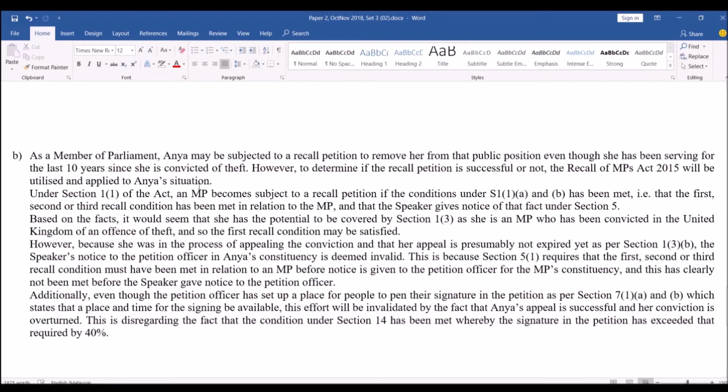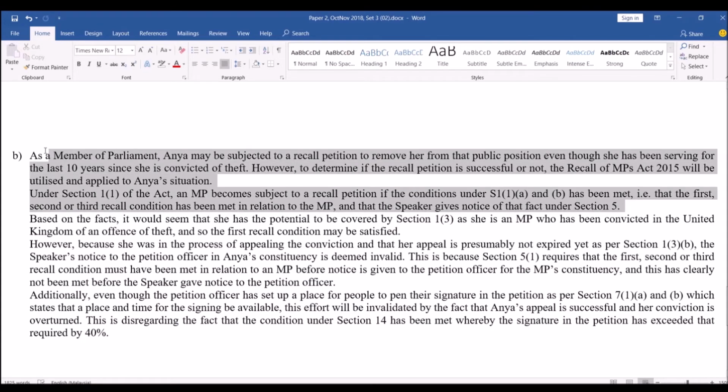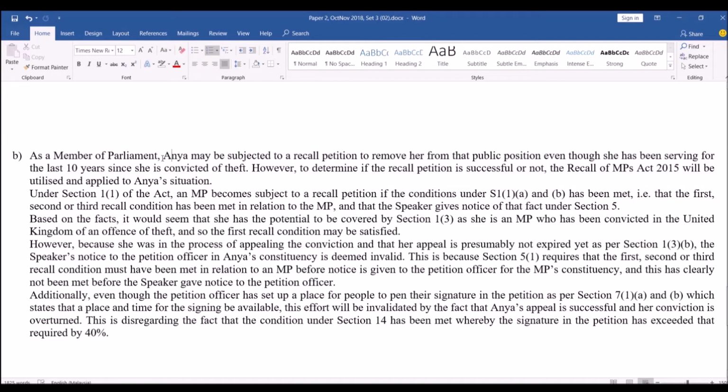Okay, so here you probably noticed already that the first two so-called paragraphs here are actually copy-paste from question A. It doesn't really matter. I just change some of the details here, especially this one here. It doesn't really matter if it's the same or more or less the same, because in this situation there's no difference between A, B, and C with regards to the introduction itself, other than the facts, the details. So here the difference starts, based on the facts. When you apply to the facts, it will be a little bit different already.